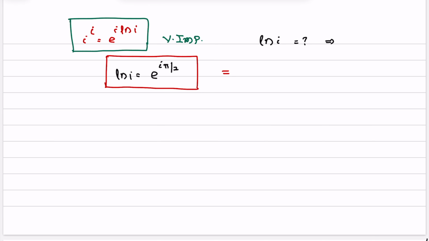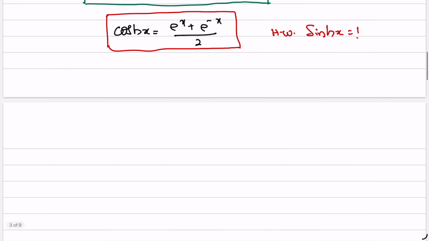Which implies i to the power of i is equal to e to the power of i into